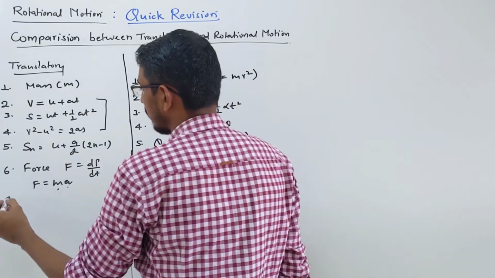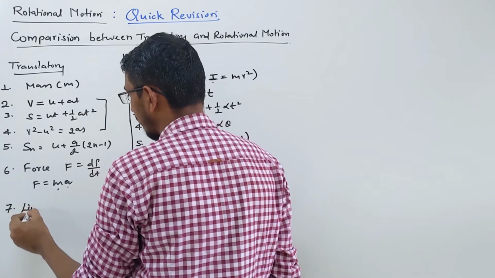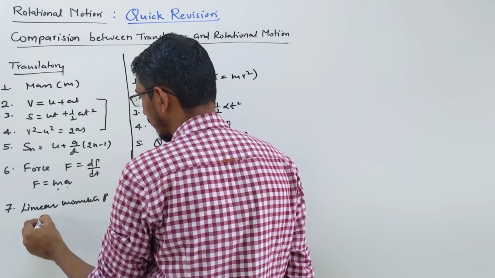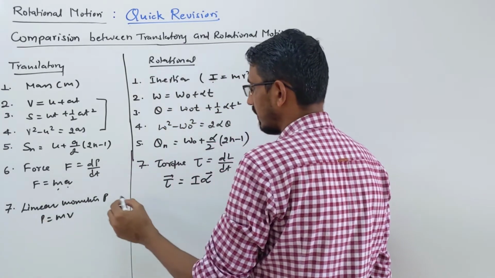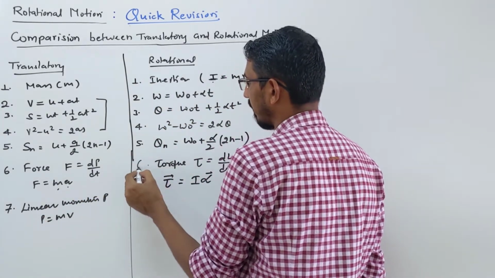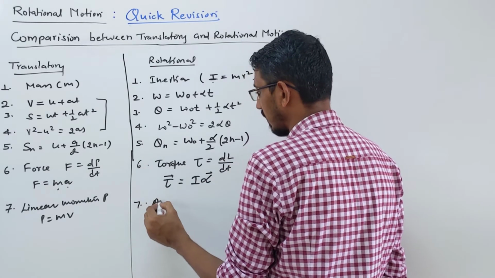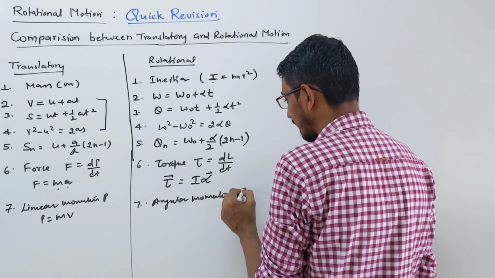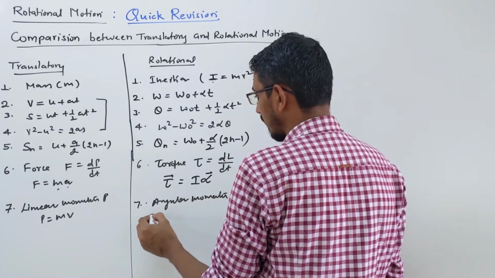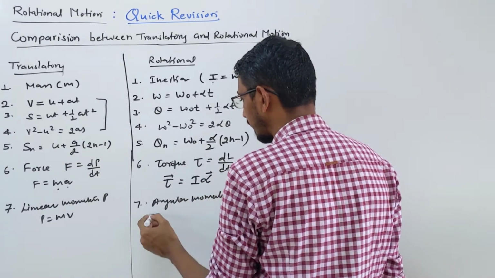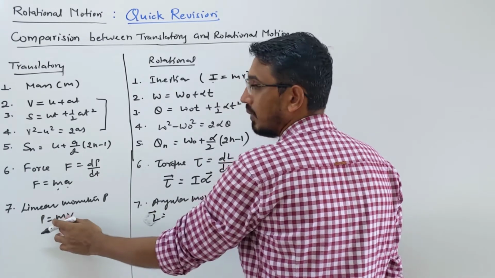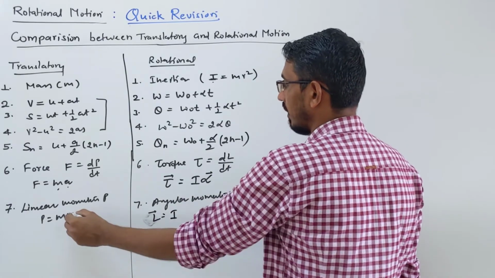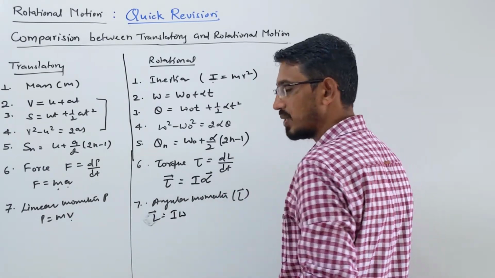After force, what have you learned? You learned linear momentum, that's called p. The formula was mv, and here the same thing is called angular momentum. We write the symbol L, right? Yes. So what is L? The general formula, look here. You can write it in many formats, L vector is m into v, right? Mass into velocity. Mass here is inertia. Linear velocity here is angular velocity. This is one formula.